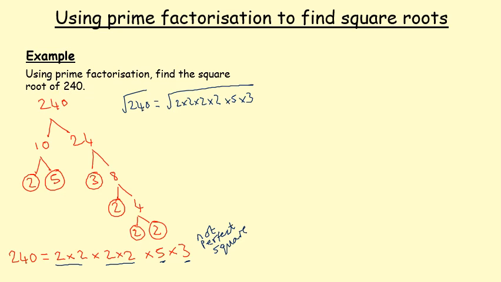We can still write the square root of 240 as the square root of 2 times 2 times 2 times 2 times 5 times 3. But when we come to this second stage where we want to simplify this, we can't actually do anything with this bit. It's problematic. So instead we're going to say it's not a perfect square, and the questions that you'll see will just be asking you to say why it's not a perfect square. So just comment on the fact that there are not pairs of prime factors only,